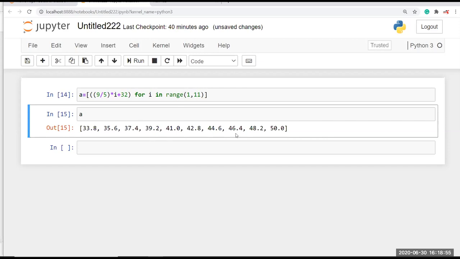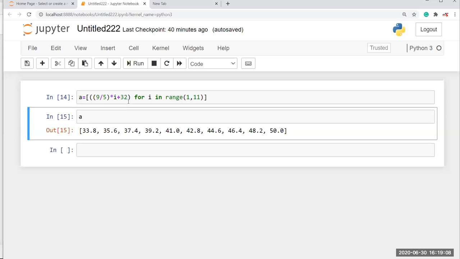Okay, then I get the Fahrenheit values of each element which is inside the A variable, right? Okay, you can do these formulas also in here. This is also a concept of logical programs. Okay, so you can do logical operations in here.